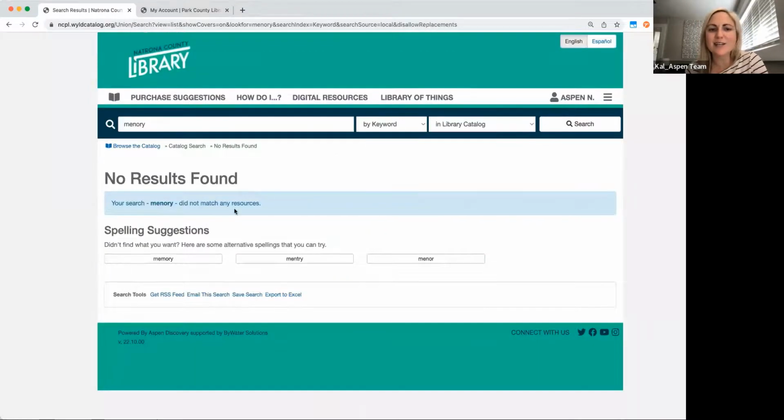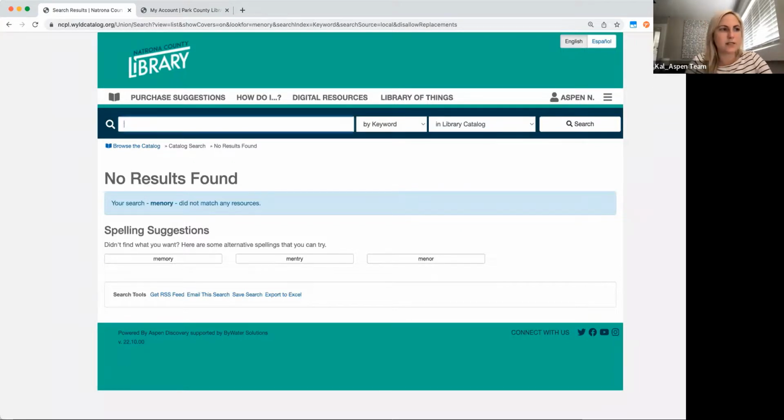And it's actually going to say, well, we don't have anything called memory. And then it's going to give me some spelling suggestions. So we have memory, we have mentor, mentry. So depending on what kind of misspelling or type of search that a user might have messed up a bit, ASPEN does have a couple of ways to point users into a better direction for them.